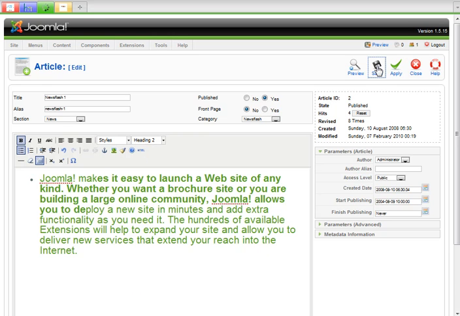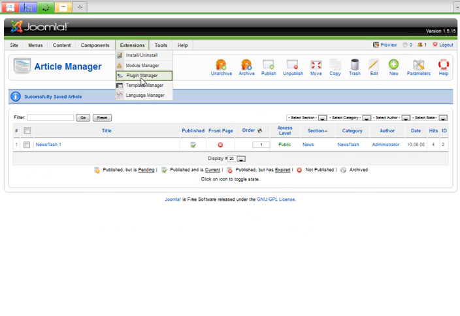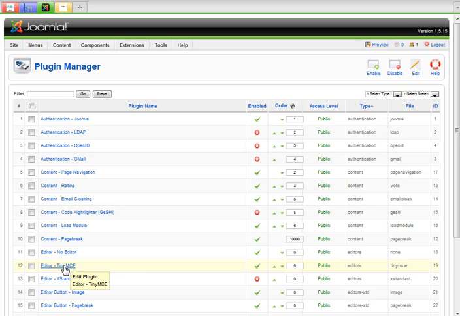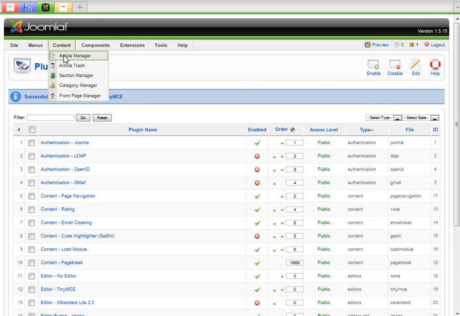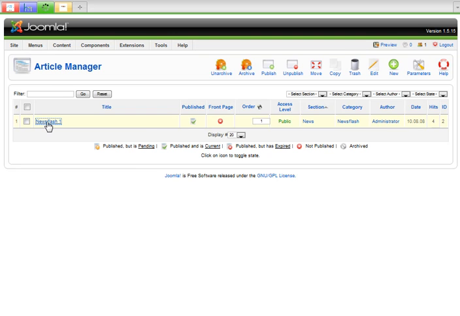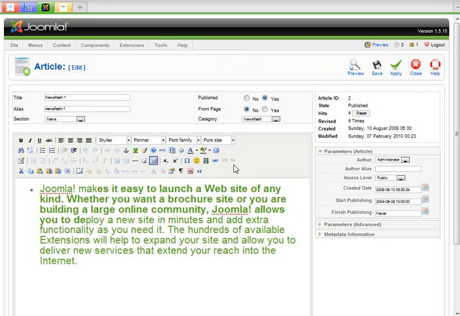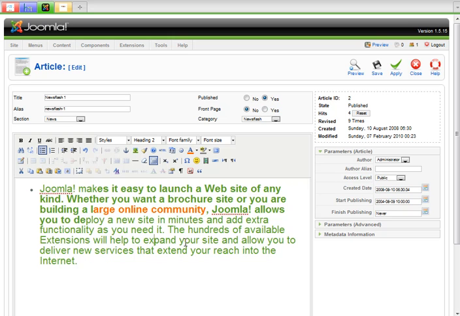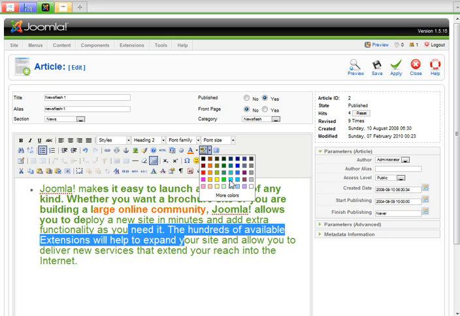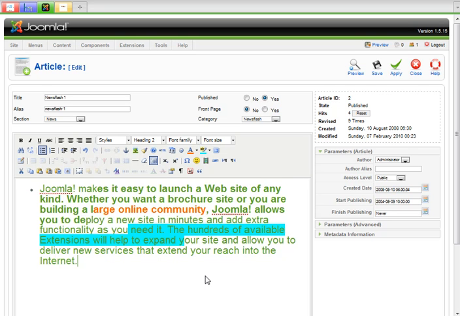But let me show you something else here. I'm going to just hit save, and I'll come over to the plugin, and I'll open up this TinyMCE. You go over here and change it to extended, and just hit save. I'll come back to that article, and now look at all the controls I've got, additional controls. While I prefer to stick to the headings in most cases, occasionally you're going to want to just change the color, or highlight something. It's going to look really funny. But anyway, then when I hit save,